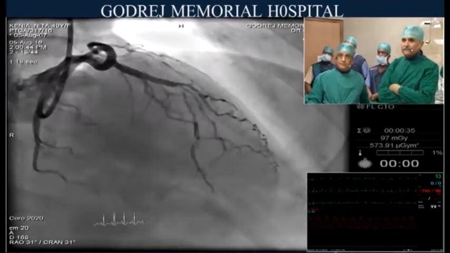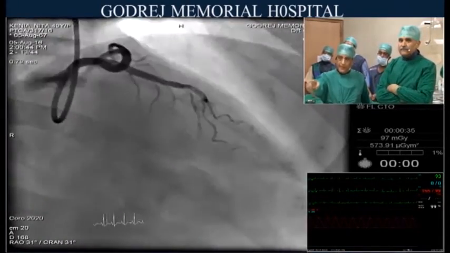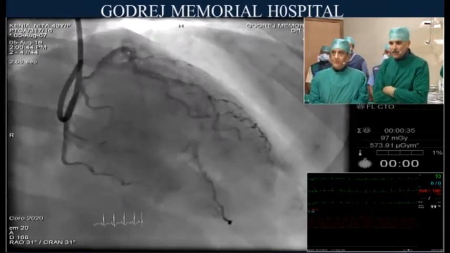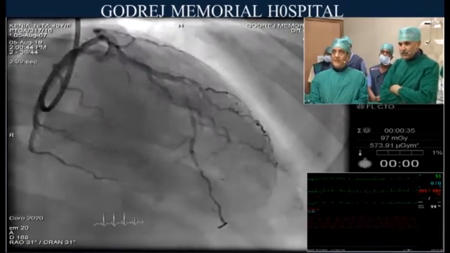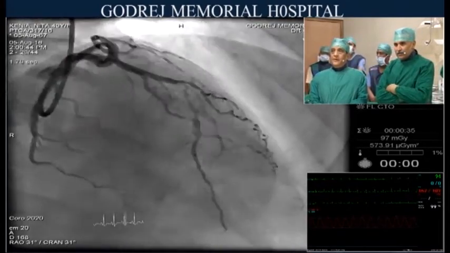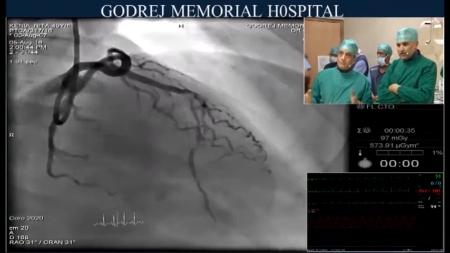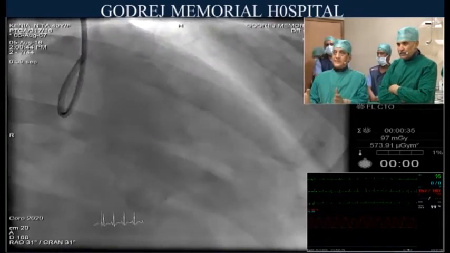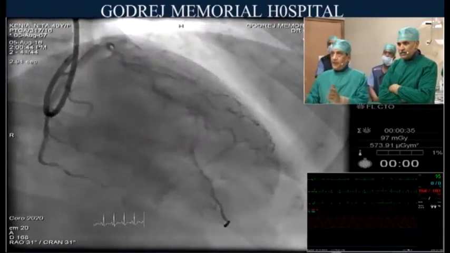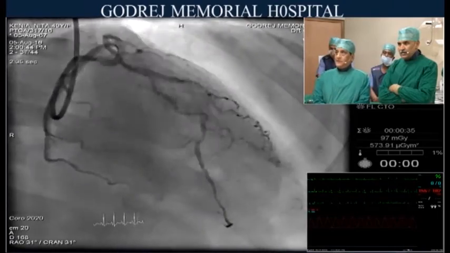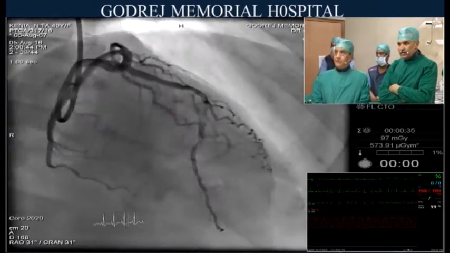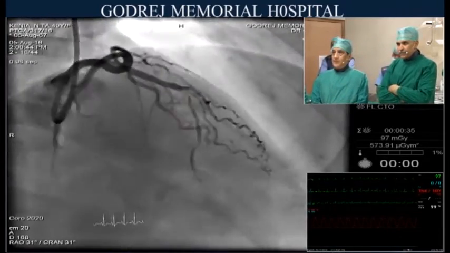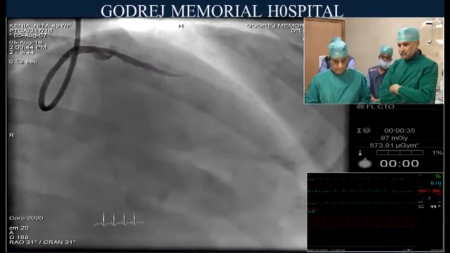Okay, we see the angio. As we said, this afternoon session is on bifurcation. So this is kind of a 0-1-0, because the lesion is only in the distal segment of the bifurcation, and both the diagonals and the proximal segment of the LAD seem to be preserved. But it is a very angulated vessel, with a big mismatch in the proximal vessel to the distal. Yeah, we see that nicely.